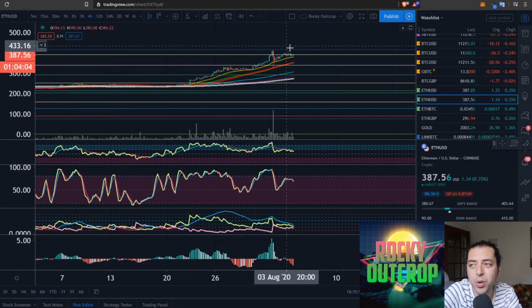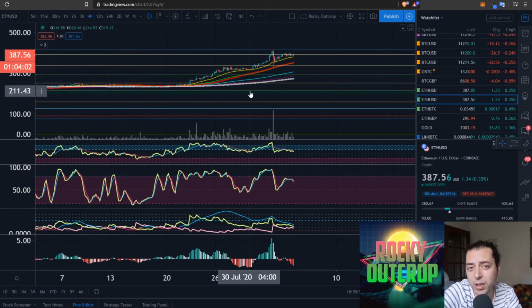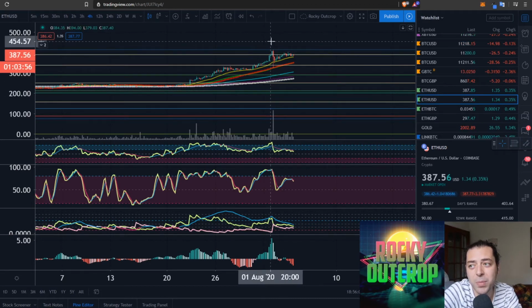But could we see a pullback? Well, I've gone through all the discussion about that at the minute. I've gone through all the ways that you would think about managing your risk. Does this volume here, that was very big at this point in time when we had rejections in a couple of different ways of looking at it? Depends on your perspective around this particular candle, but it's an interesting one. And when you add these two together, this engulfing nature of this one despite the rejection on it, and then the follow through on this candle, and then subsequently we've only come back up as high as this sort of 236 without really pushing above it, etc., etc.